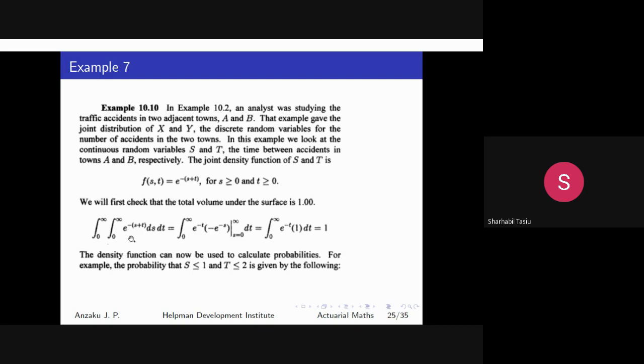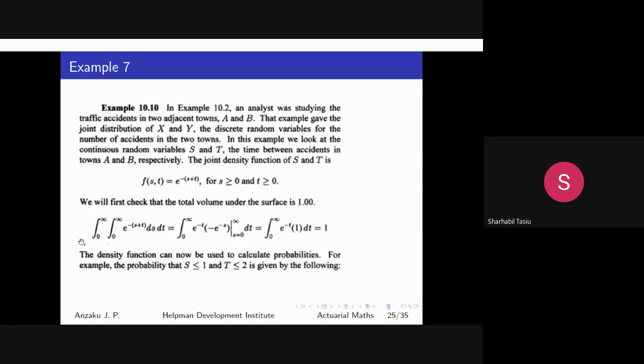So let's check, just like we did for that other one, remember? So we have our double integral, 0 to infinity, this is our limit, s greater than or equal to 0 continuously. Then same thing for t, the second term, 0 to infinity. So we have our double integral of e to the power of minus (s plus t) ds dt. This gives us, by simple integration, when we integrate the first one over the interval 0 to infinity, we will get 1. And then when we do the second integral, we will get 1 as well, all of them gives us 1. Right?